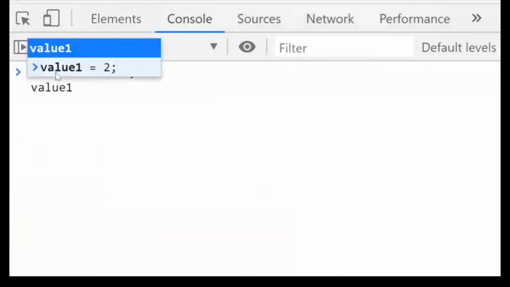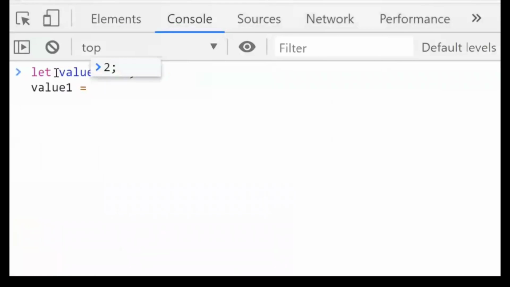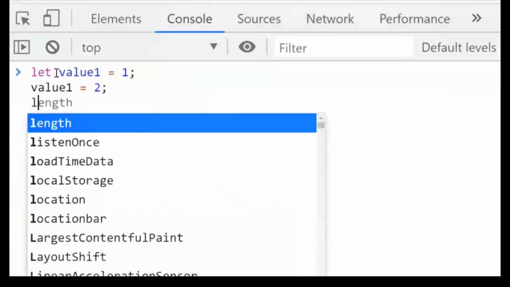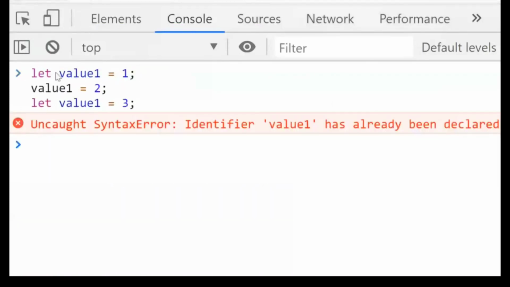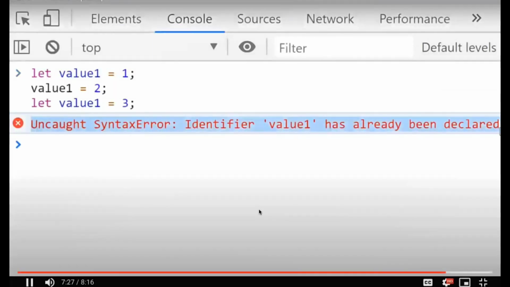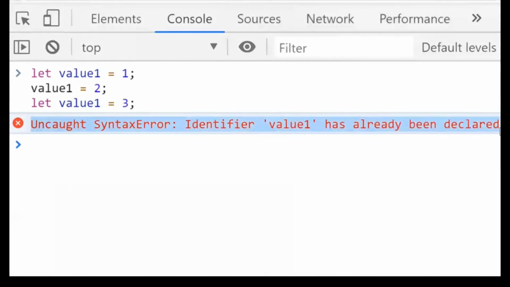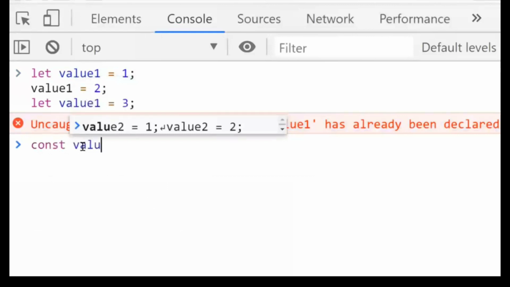Then we set value 1 to 2. Okay, this is possible, but again we cannot redeclare, so this is not possible. That means we will get a syntax error. That means we can reassign value 1 equal to 2, but we cannot redeclare the value as 3, which we already know. Now we will see the same for const.